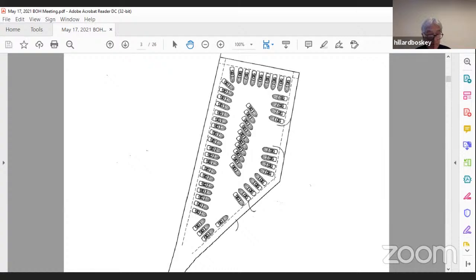Board members, what's up? Well, I will say it looks like a lot classier facility for storing boats than some of those other places I saw today. I mean, it looks like it's going to be well done.